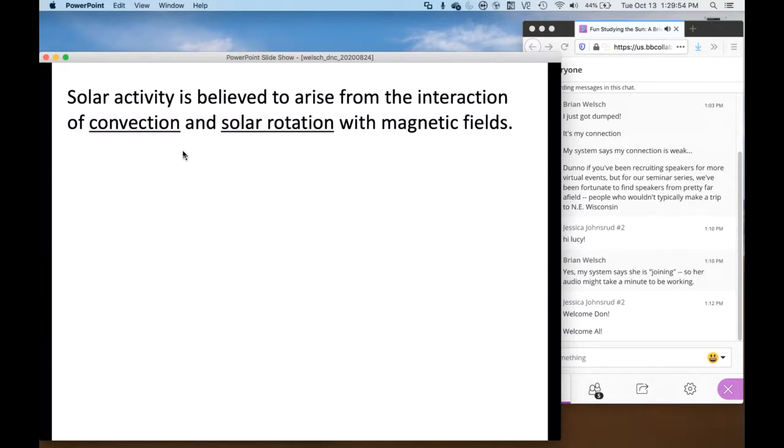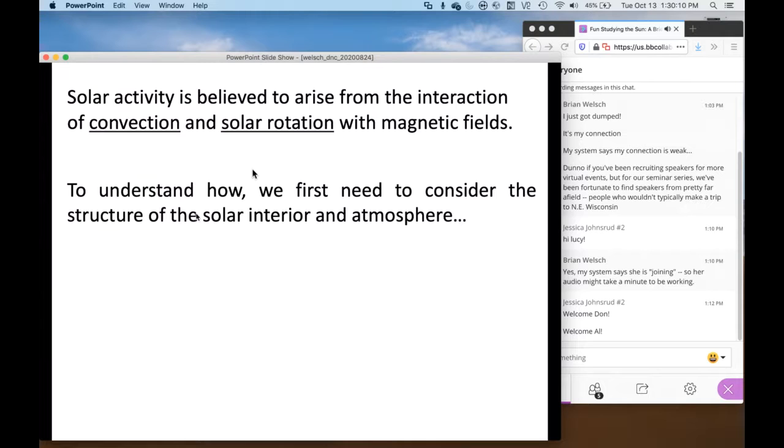As I mentioned earlier, all the manifestations of solar activity or solar variability that we observe are related to magnetic fields, and we think that this activity comes from convection in the sun and movement about the sun. So I want to talk about what the sun looks like inside, and then its outer atmosphere. And I need to talk a bit about plasmas. The sun is a very hot gas, and so it's called a plasma. And I want to talk about